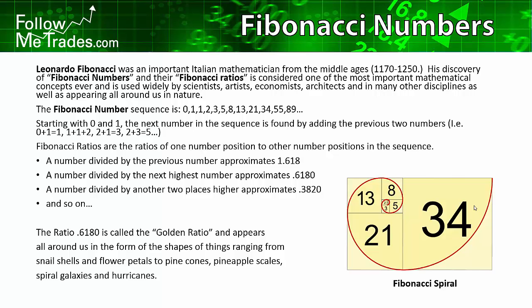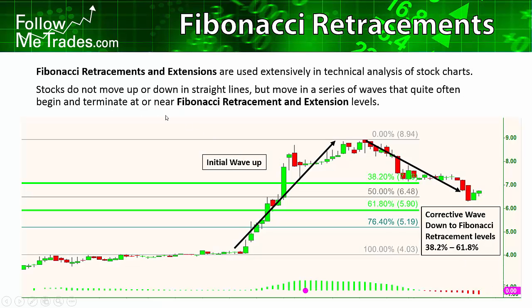It's really interesting. So how does Fibonacci, a Middle Ages mathematician, relate to the stock market? Well, it turns out, looking at Elliott's theory, that the stock market moves in waves, and we see it all the time. After a wave happens, like right here we have a stock chart with this initial impulsive wave up, and after a move up like this, quite often there is a retracement down, and quite often they retrace down into Fibonacci retracement levels. So I got these heavy green lines, and you can see this chart is retracing, coming back down exactly into this 38.2 to